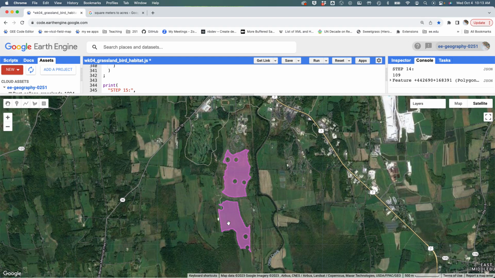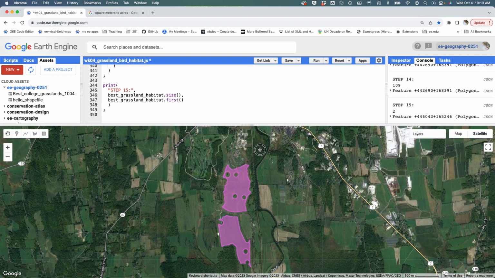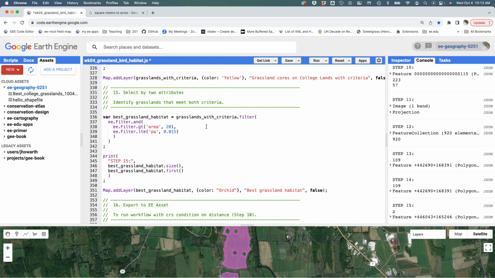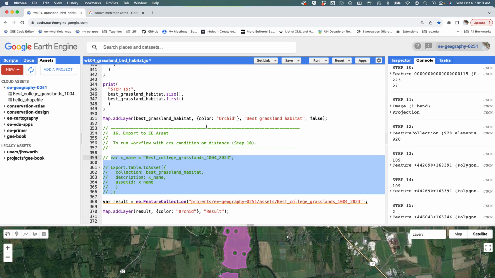And there's your result. So anyway, what you've just done is basically used Earth Engine to create a model and to basically be able to inspect it as you wrote it. And then when you're happy with the end results, you got it to run with all of the conditions released, so that it was your best effort to do this correctly, and you saved it as an asset. So you now have this result as a table, and in the future we'll look at how you don't have to export as an asset. You could export to your drive as a shapefile and bring it into something like QGIS,